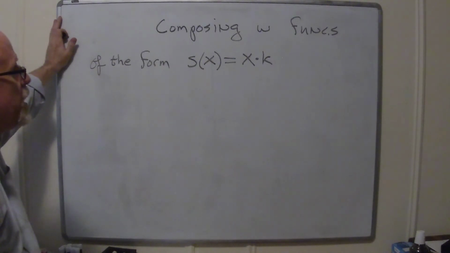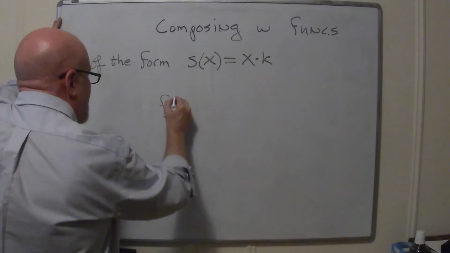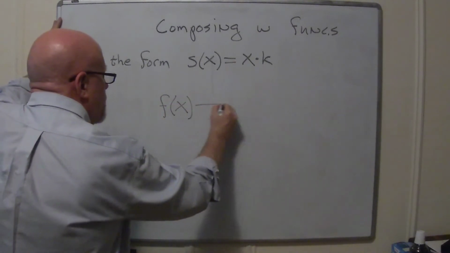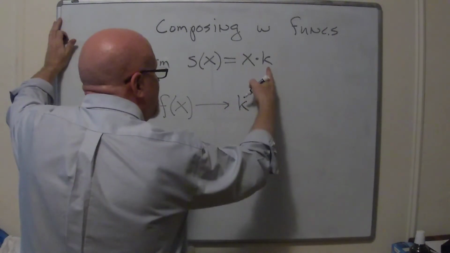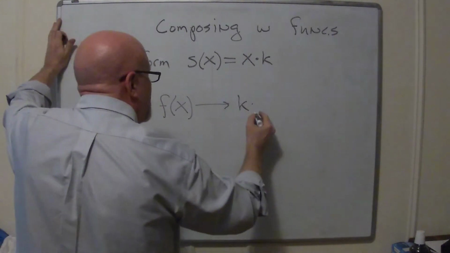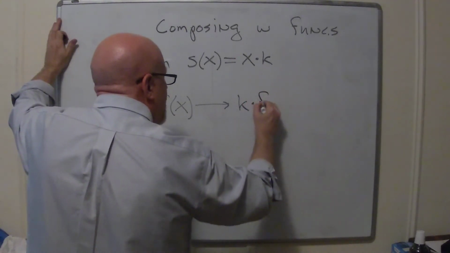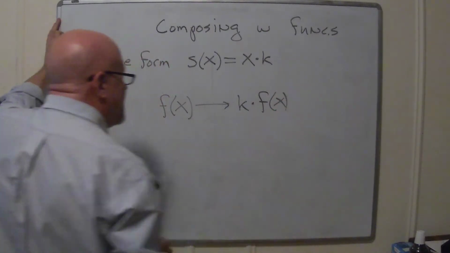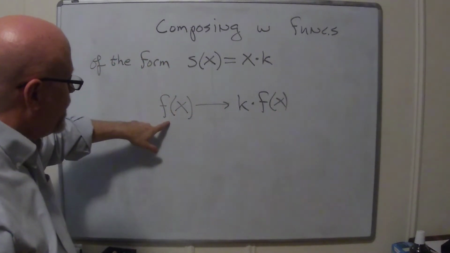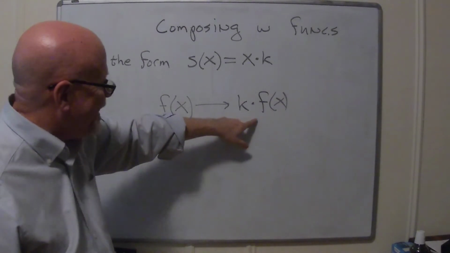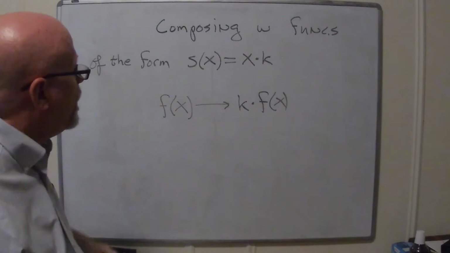Okay, if we do that on the outside, it just looks like you start with f of x and you transform it into some number times f of x. You just multiply it by k. I multiplied by k on the right, I could multiply by k on the left. That is something where you can switch order because it's just multiplying. Well, I think that's pretty clear what that does. Like if k was 2, whatever the graph of f of x is, the graph of this transformed version of it is twice as tall because you multiply by 2.